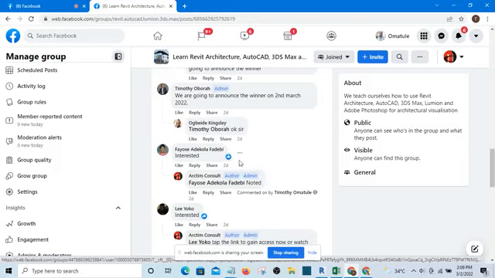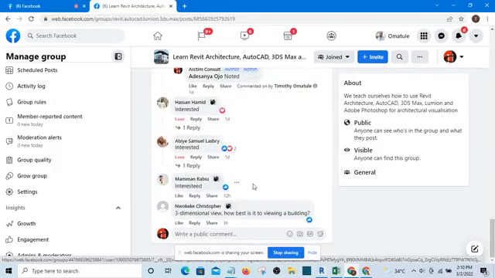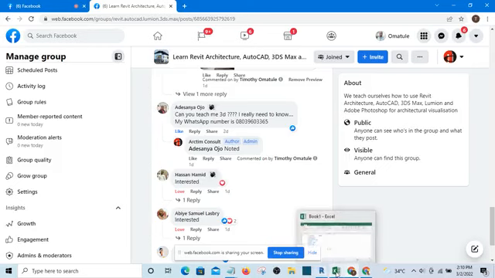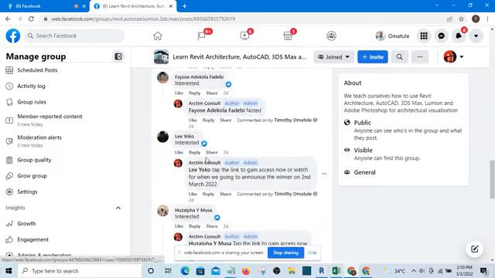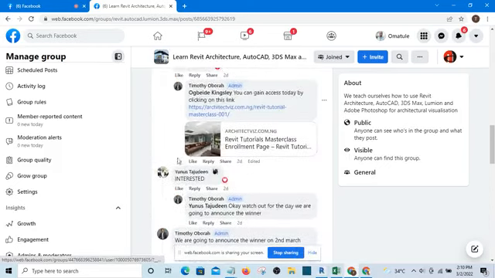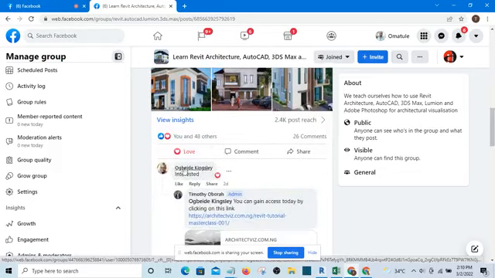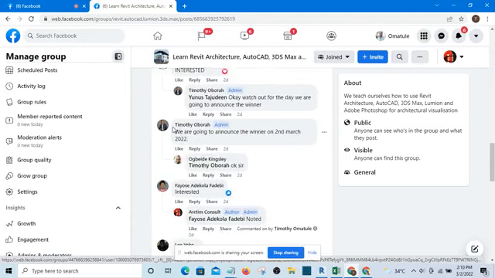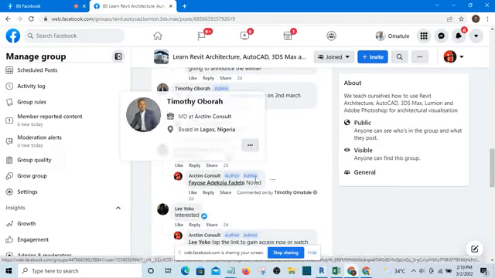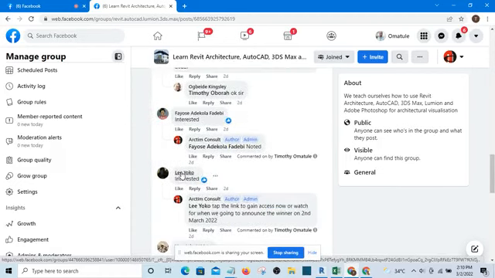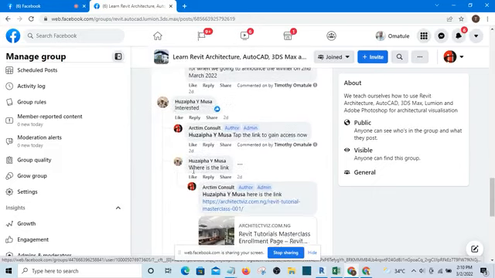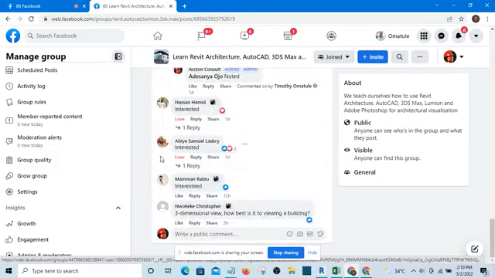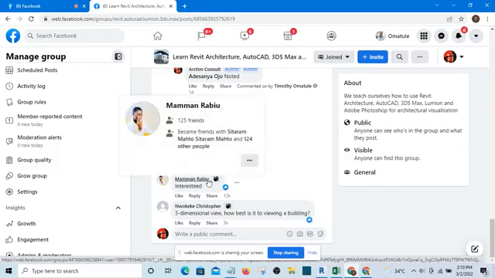Okay, so what I'm going to be doing now is I will use Excel. I've already copied out these names, and I have about 10 of them. You can see 1, 2, this is me, 3, 4, 5, 6, 7, 8, 9, 10.